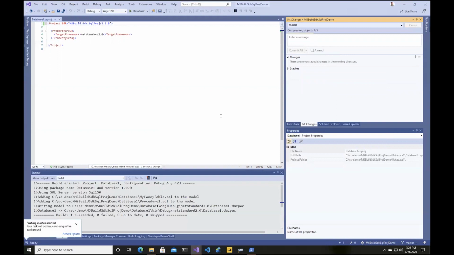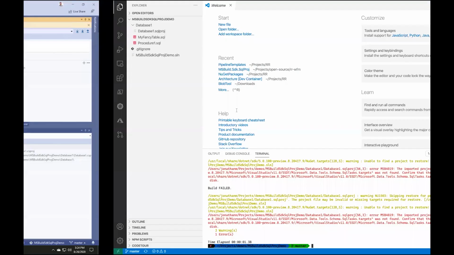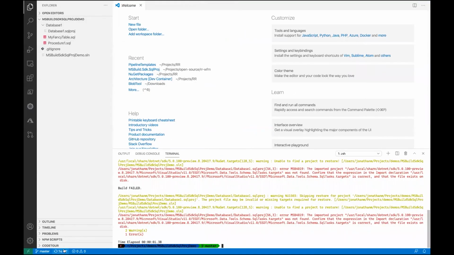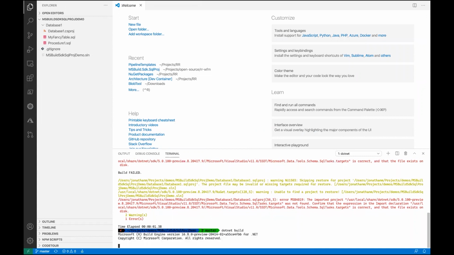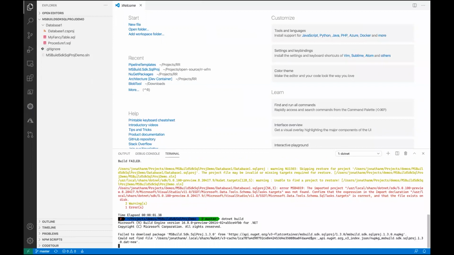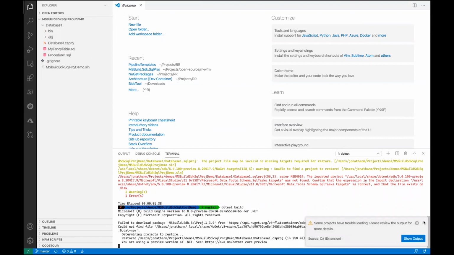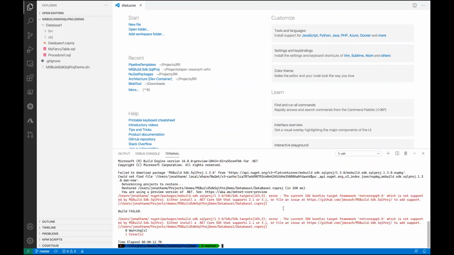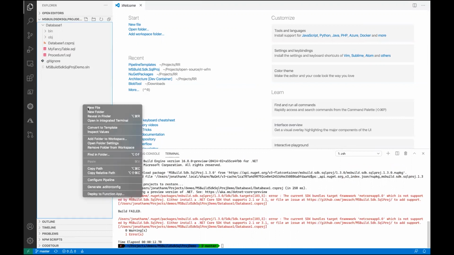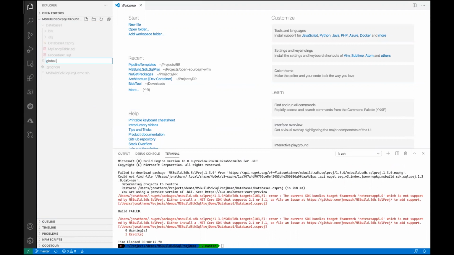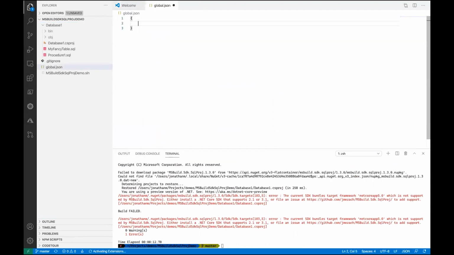And then we're going to go ahead and switch over to Visual Studio Code. And I'm going to pull those changes. So now I have the new project file. I'm going to go ahead and say .NET Build here. And it might fail because it doesn't work with .NET 5 just yet. I'm still working on that. It should be fixed soon. So let me create a global.json file here for just a second and say I want to use